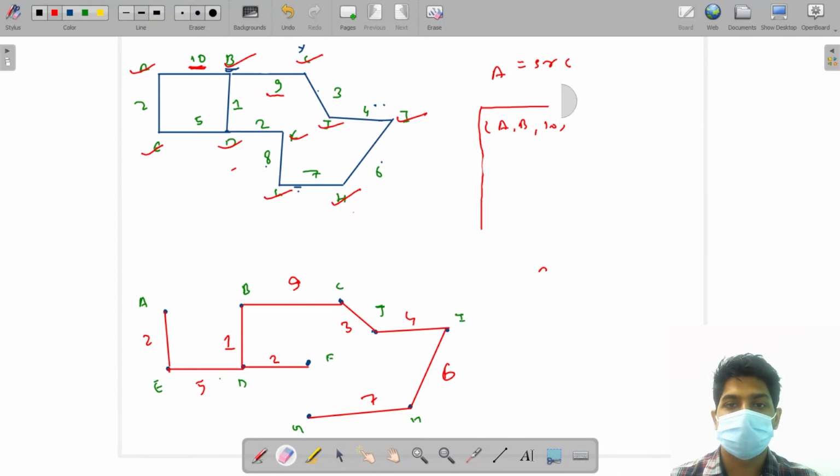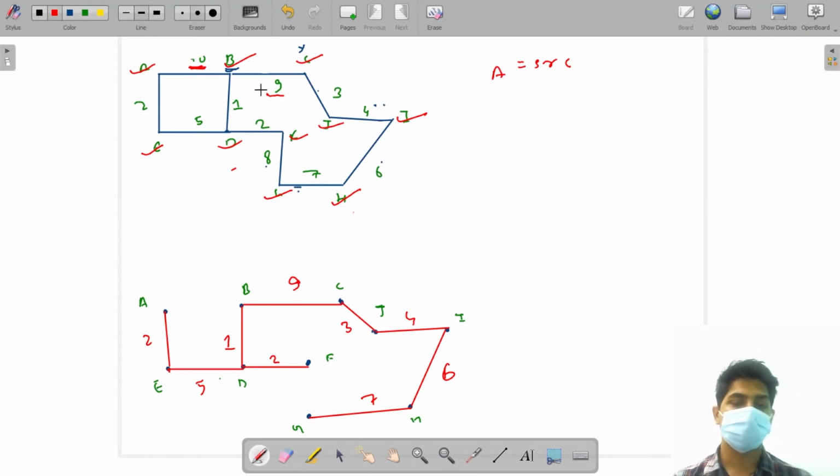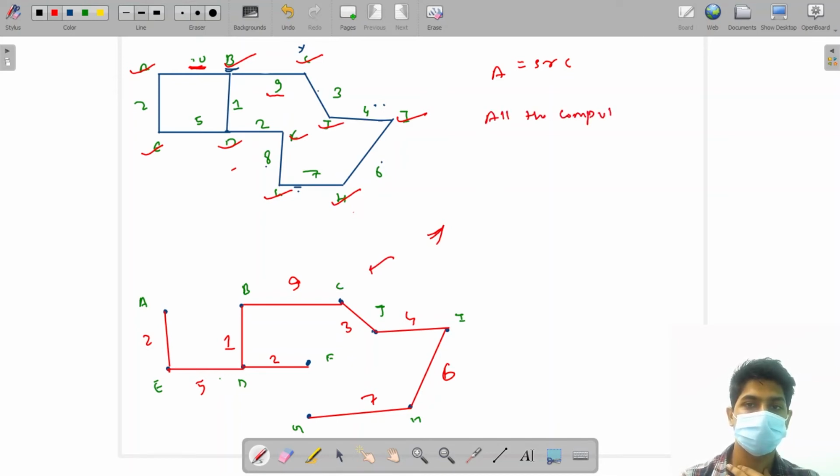Now let's analyze both graphs, the original graph and the new graph. These are computer nodes connected via this graph and these are computer nodes connected via this graph. So we can see that in this graph also all the computer nodes are connected. Like we can connect each computer with any other computer. There is a path. If I want to connect A to G, then there is a path. This is the path we will travel, and the total cost of this graph is minimum.